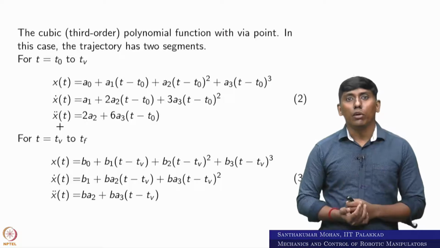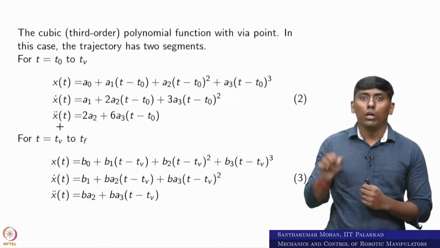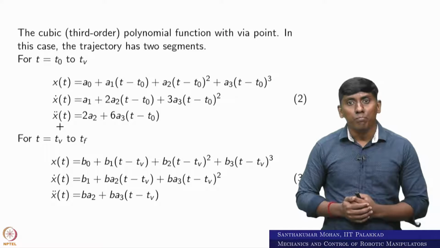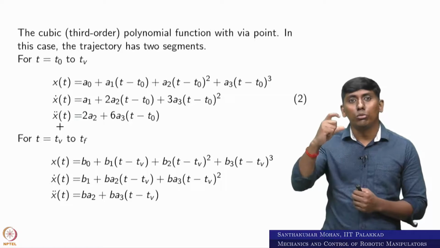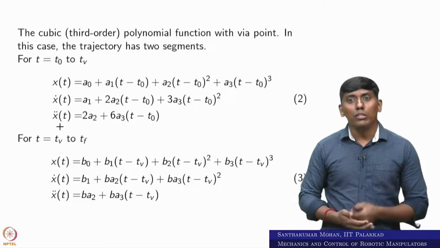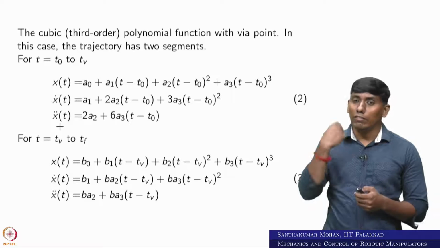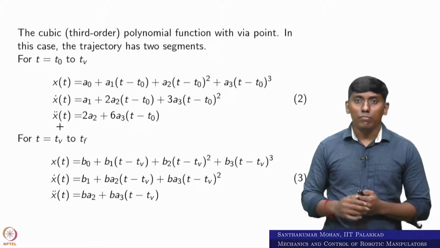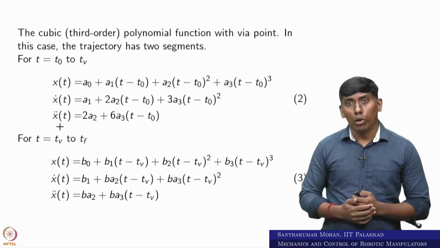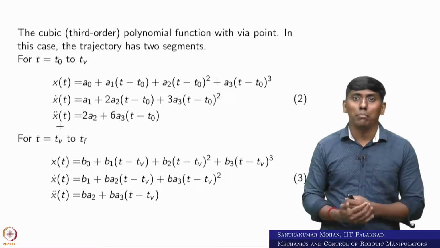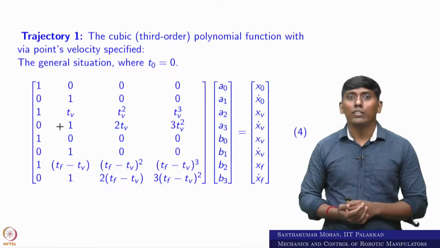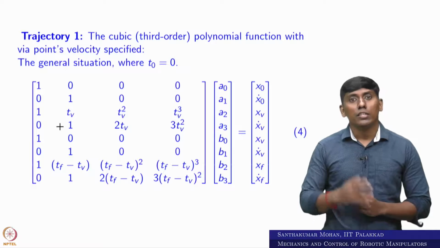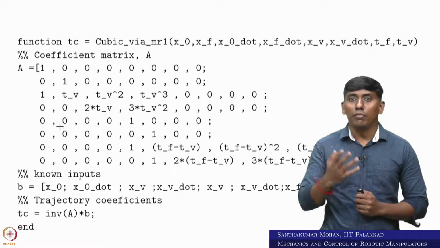We can see there are several segments. I just want to show one simple segment where we have a via point. If it is a via point, there will be two segments, and the individual segments we can do. In motion planning or trajectory generation, we have seen there are two sub cases. One is with via point velocity specified, then it is two independent segments, right. That is what we can see, where the via point velocity is specified. This is the equation which we have derived, that can be portrayed in MATLAB. This is the way we can portray it.